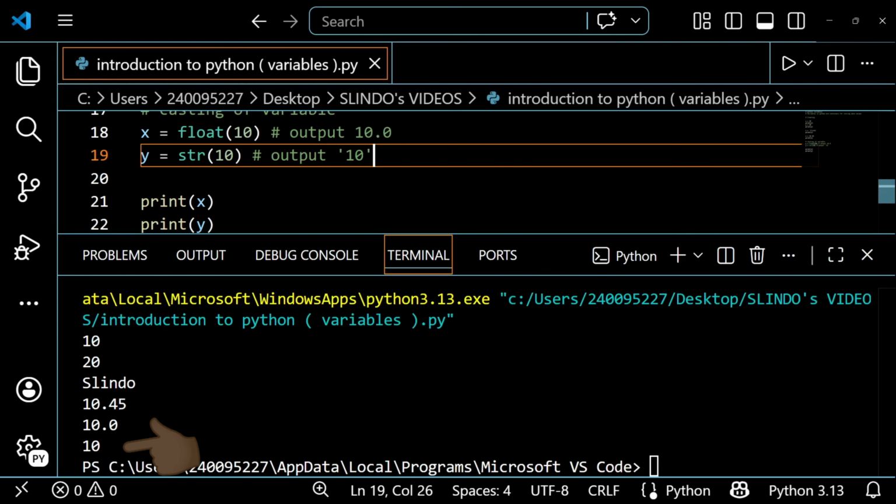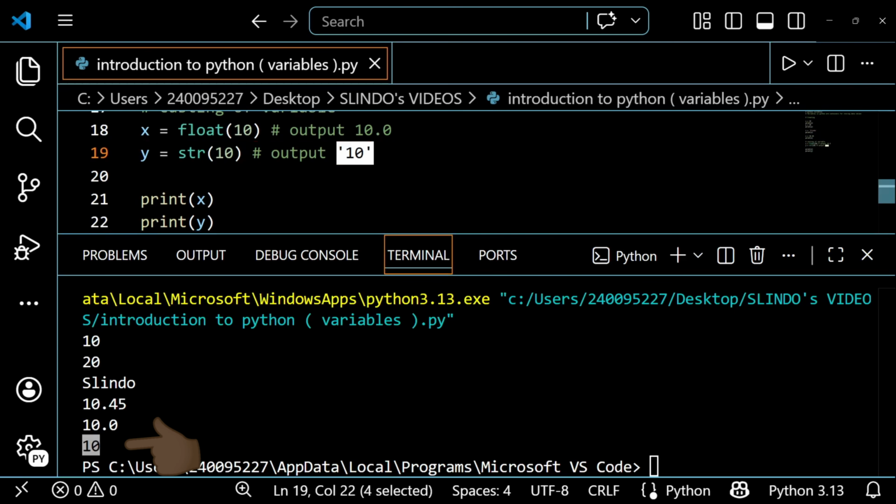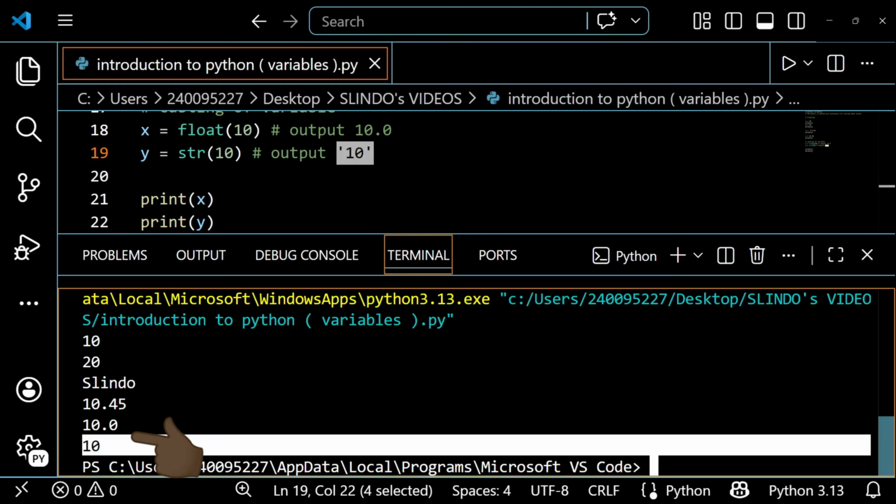In the terminal these signs are not displayed. You don't see them, but they are there. This is a string here. It's not an integer. It is a string, but you don't see that it is a string because these quotation marks are not displayed in the console, in the terminal.